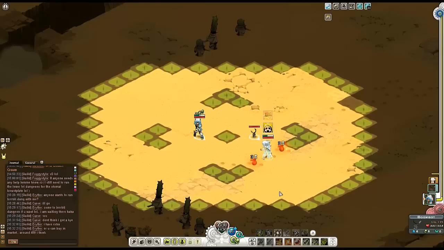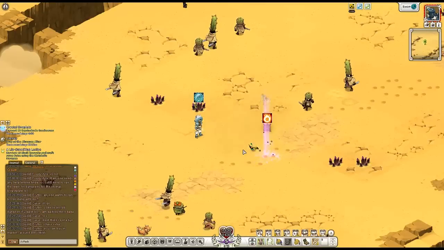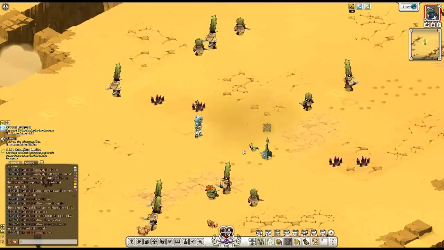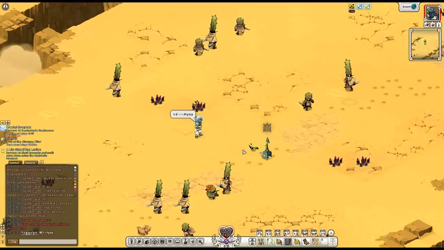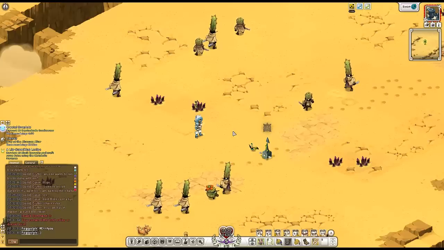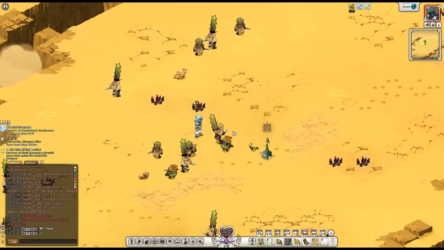There we go. And I instantly killed him. Whoops. Oh shit. Man, that was awesome. Okay, some guy just aggroed me and I just instant killed him. Okay, so that was the build in action. Hang on a second. Okay guys, so